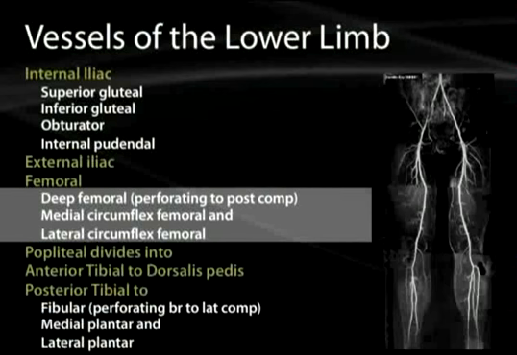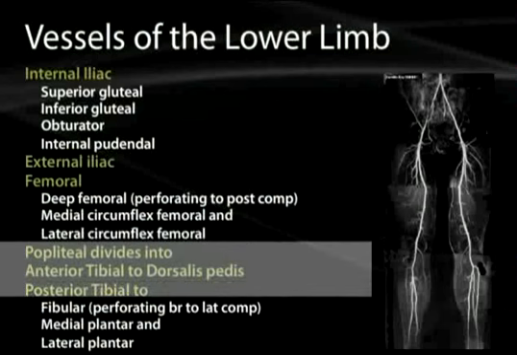And then we'd have a medial and lateral femoral circumflex that we already discussed, with the lateral being more predominant towards the greater trochanter and the medial being predominant towards the femoral neck and head. The popliteal is going to be the continuation of the femoral, sometimes called the superficial femoral, and the popliteal will begin as the femoral passes through the adductor hiatus in the adductor magnus muscle, coming from the anterior compartment through to the posterior compartment, and the popliteal will run all of the way through the popliteal fossa, where it will